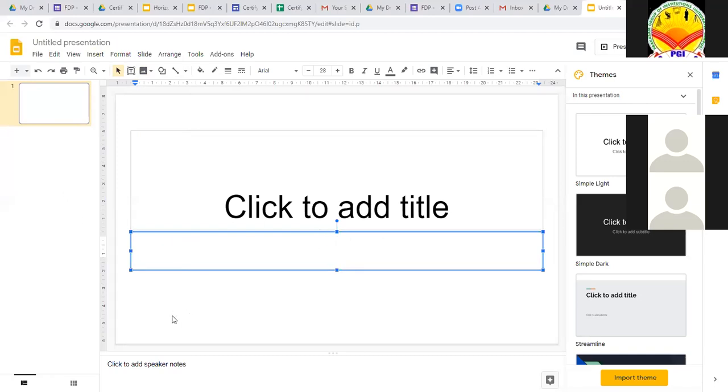Here we can add the coordinator signature, HOD signature, and principal sir's signature. Just like a normal PPT, whatever information you want, we can add. But additionally, we should give double flower brackets with full name, so that by default it will take our participant name. The second identifier may vary. It may be branch, department, college name, or designation. It depends.